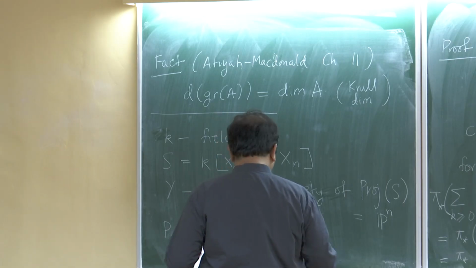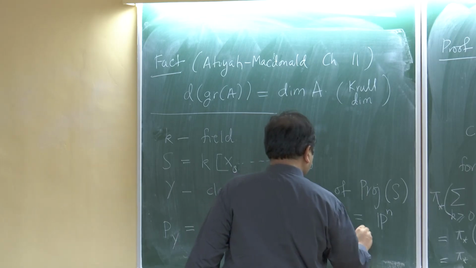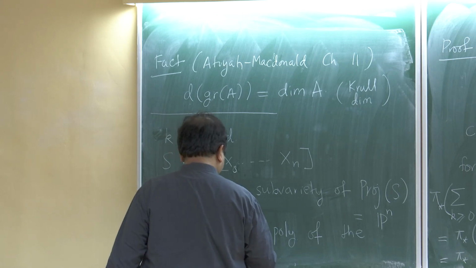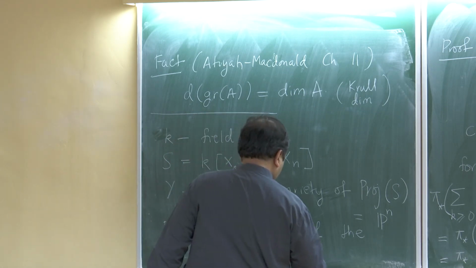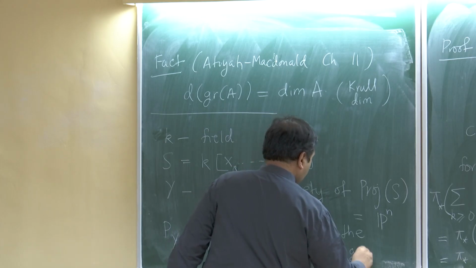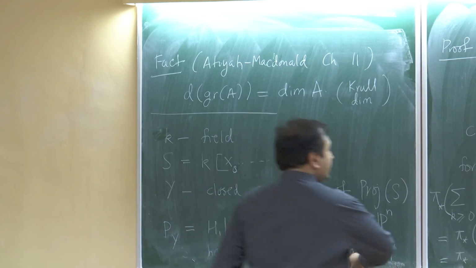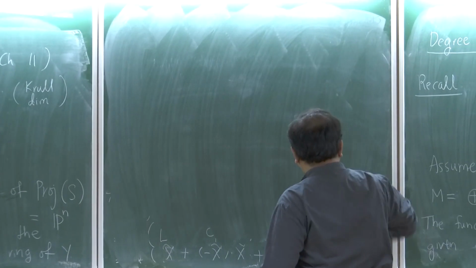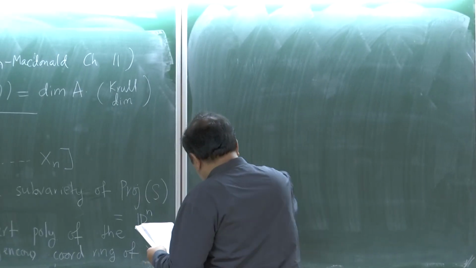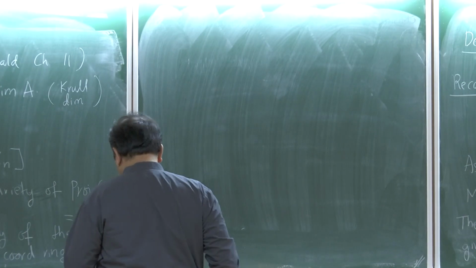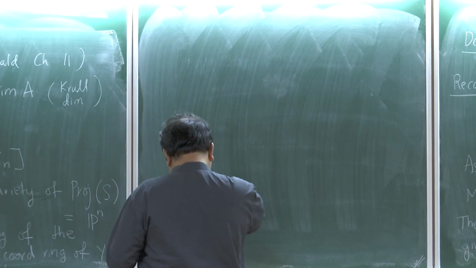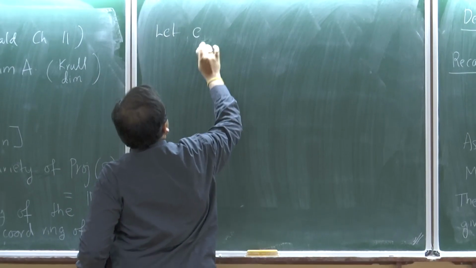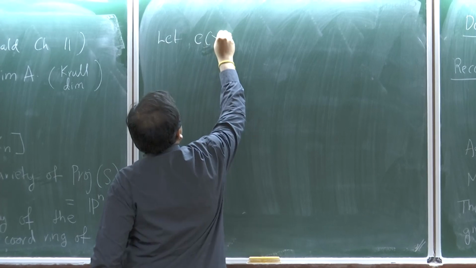The Hilbert polynomial of the homogeneous coordinate ring of Y. So then there are a couple of results in Hartshorne which explain what this has to do with the geometry of Y. So let E_Y